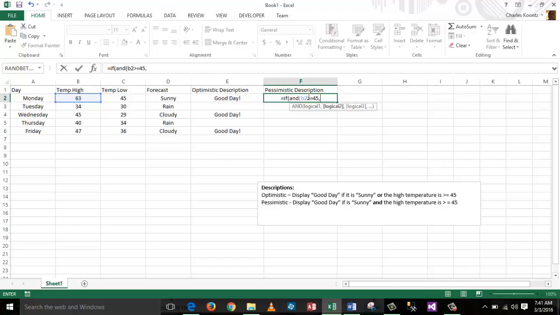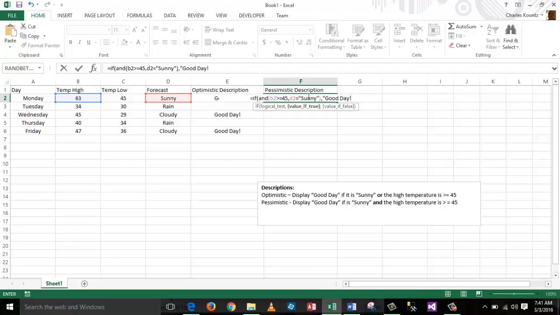The second condition that has to evaluate true is that D2 has to be equal to the string literal sunny. And when both of those conditions are true,